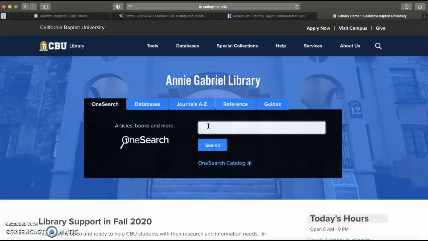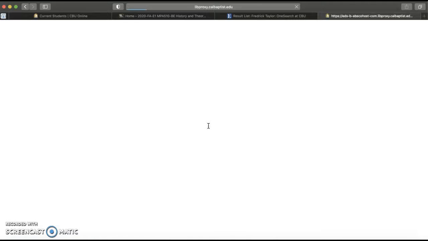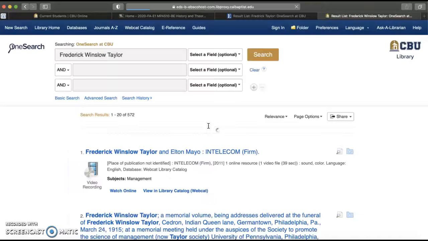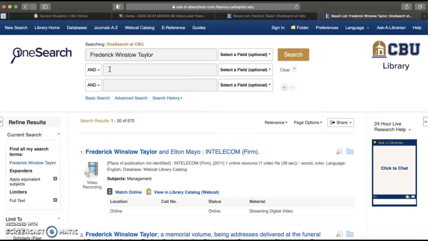Begin by typing in Frederick Taylor's name, Frederick Winslow Taylor. To find the article that I found interesting, I went ahead and added in this additional field, scientific management.